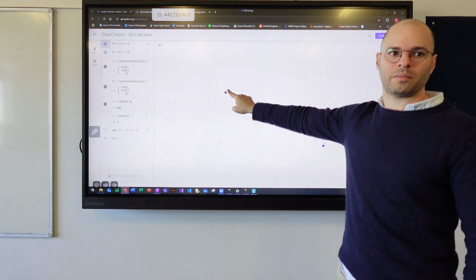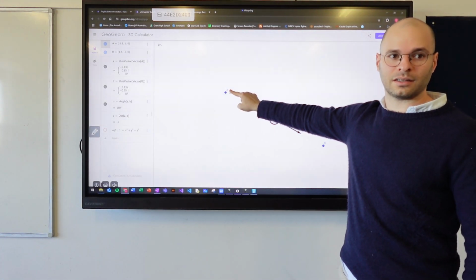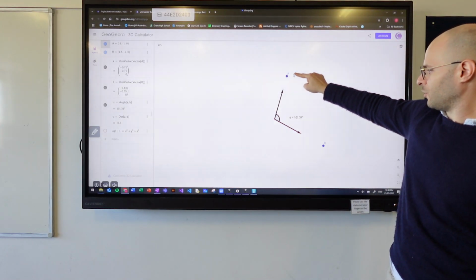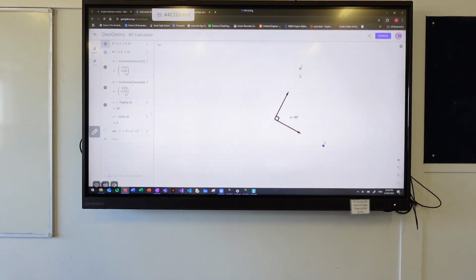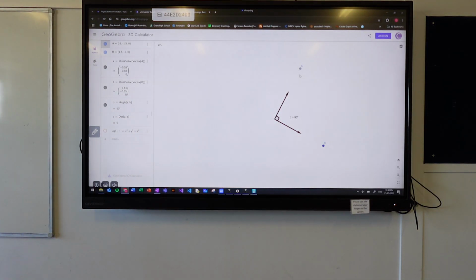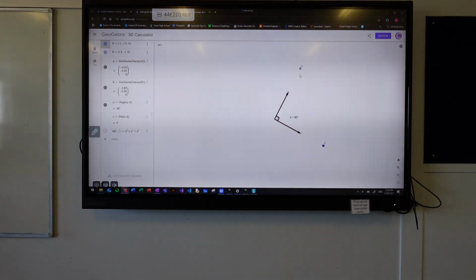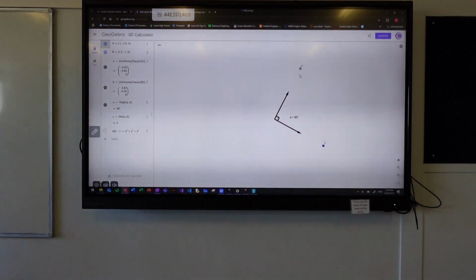Any ideas, what will it be when they're perpendicular? 0. Do you remember this from last year? No. So the dot product tells us the likeness of direction of two vectors. So if they are pointing in a similar direction,